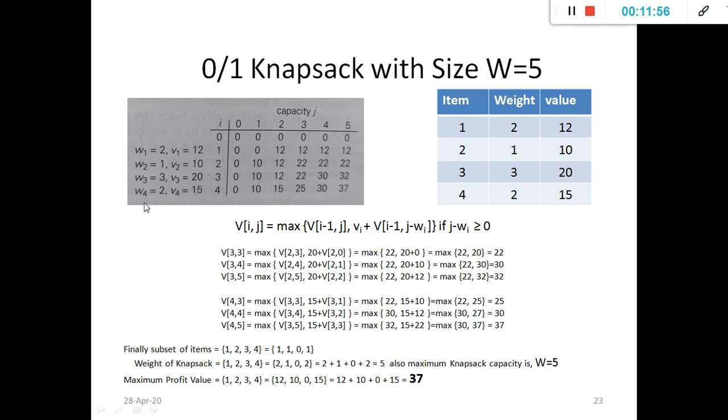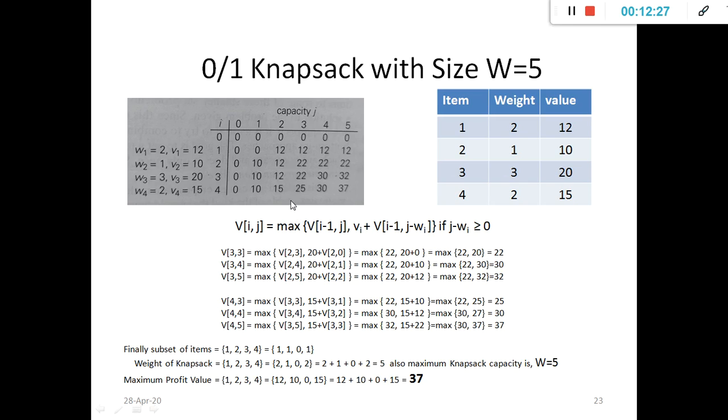Now insert item 4 into the knapsack, and you will get the new table values, starting with 0. For item 4, its weight is 2 and its profit value is 15. That's why at the position 2 you have to insert its profit value as 15. The previous values remain 0 and 10 as they are.